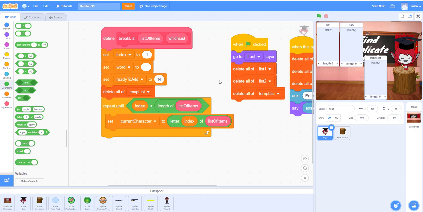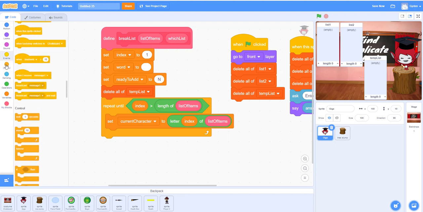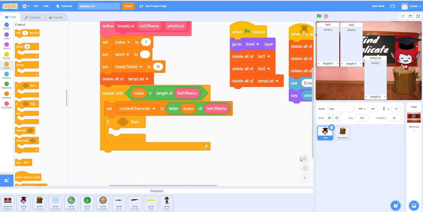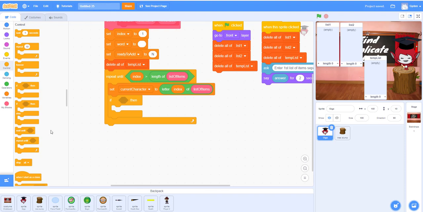Since the user typed in, it could have spaces between the number and the comma, or they might not put spaces. So what we want to do is take out those spaces. What you can do is use the control if here. Okay, let's zoom back out a little bit. So we say if